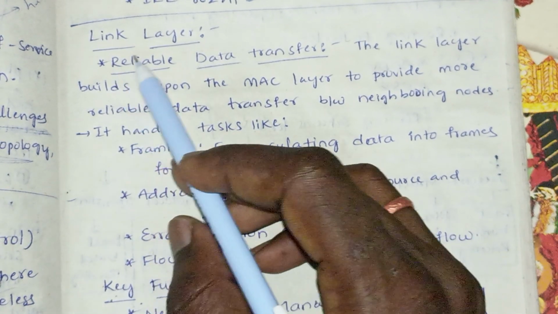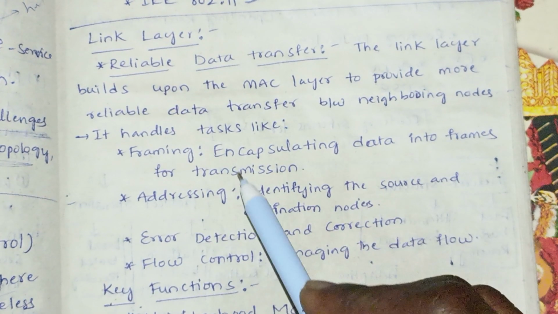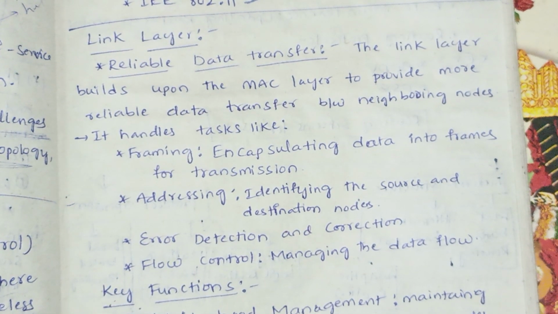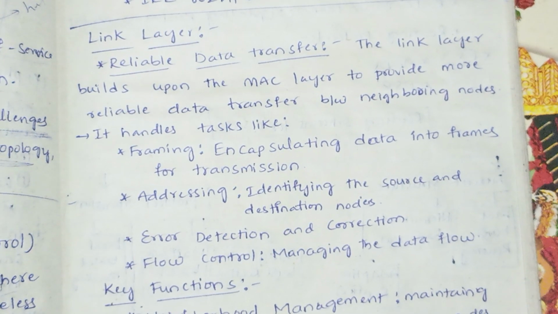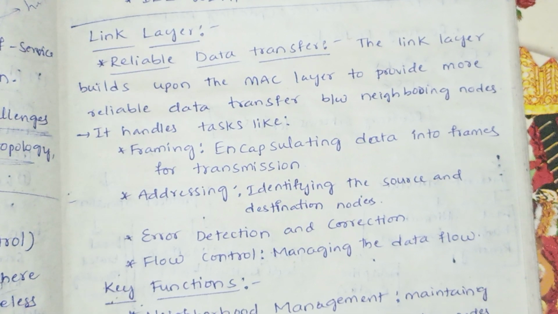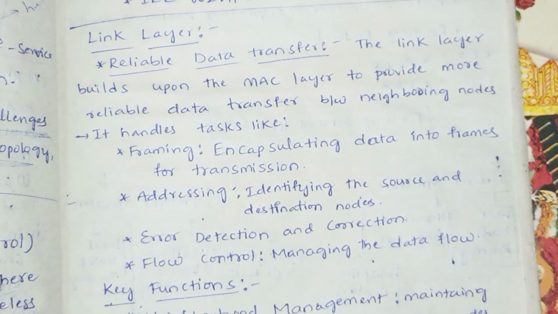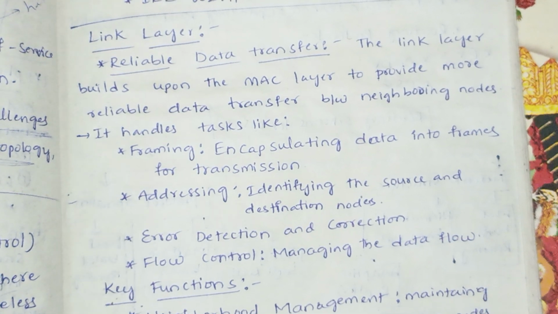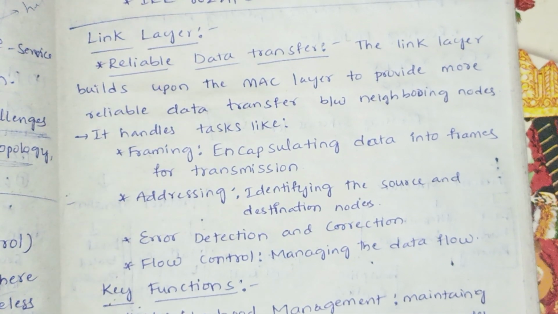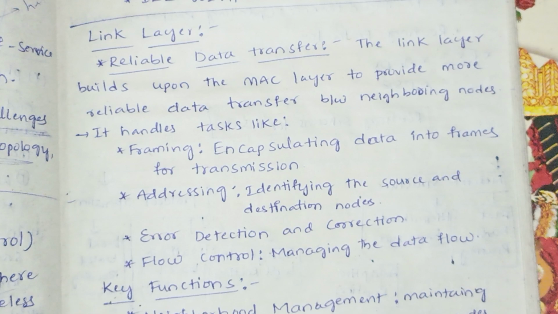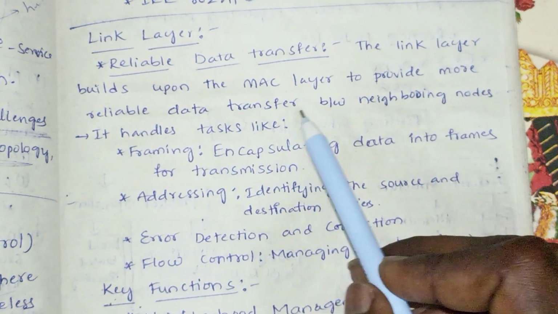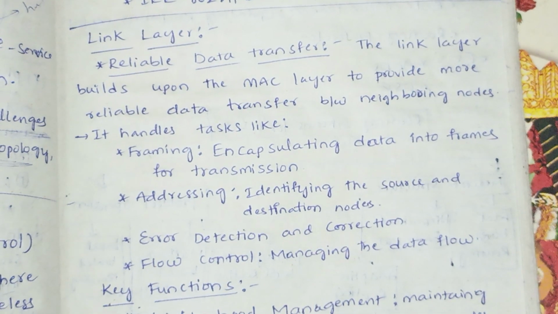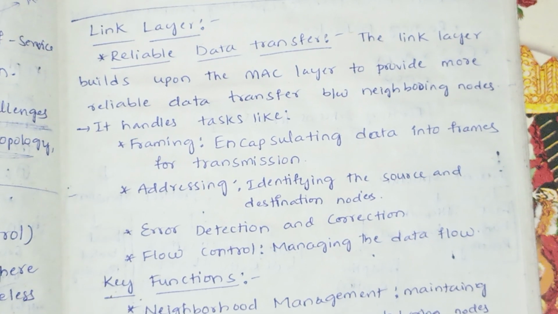Next, what is the link layer? The link layer is about reliable data transfer. In the MAC layer, what we discussed was the shared medium, right? Many different nodes come and share different data. At that time, collision will happen, and that collision is prevented in the MAC layer. So in the link layer, we have reliable data transfer. The link layer builds upon the MAC layer to provide more reliable data transfer between neighboring nodes. In between two neighboring nodes, the data transfer is